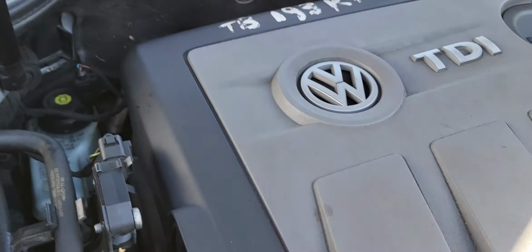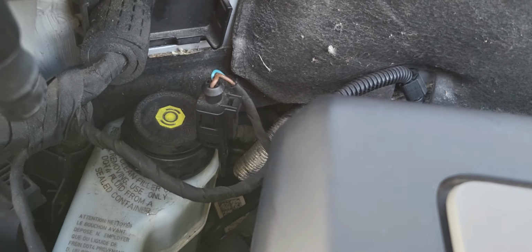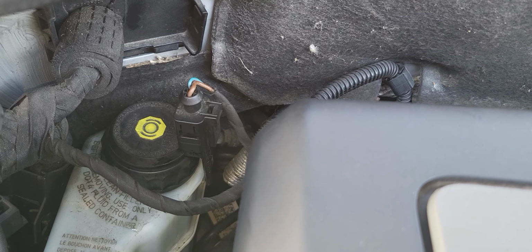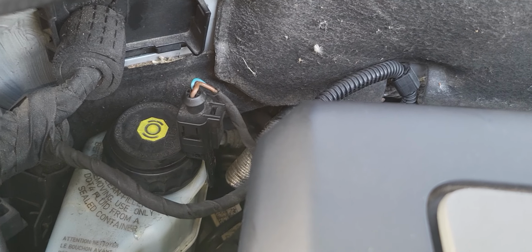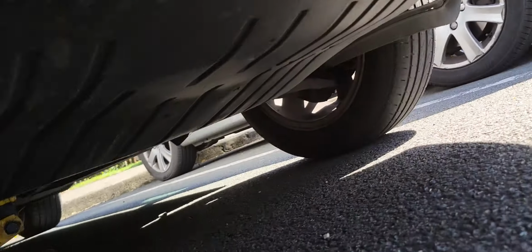If the clutch pedal won't come back up, all you have to do when you are on a breakdown is check. If it is not leaking, as you can see, as we check here, it looks super dry underneath, so there's no leak. So our scenario here